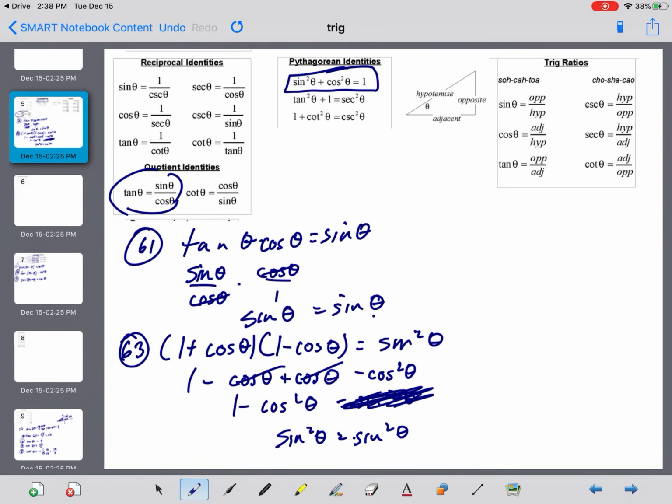1 minus cosine squared theta, because sine squared plus cosine squared is 1, gives sine squared theta. Yeah, that's it for 63. 65,